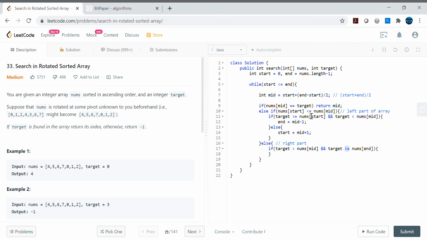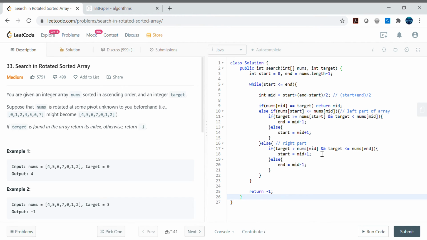Similarly here also we are checking less than or equal to, because start is also an index, and mid will also be an index, so we don't want to skip those test cases where start and end might be the same. So we just want to cover those cases as well. All right, very good. So if it is greater than mid, then we can safely say start would be mid plus 1, else end would be mid minus 1, and that's it. Then in the end, if we could not find the index, let's return minus 1. So I hope this is clear.